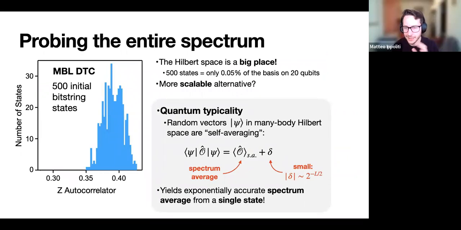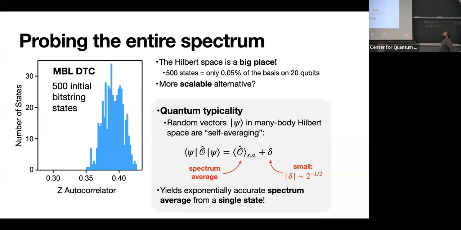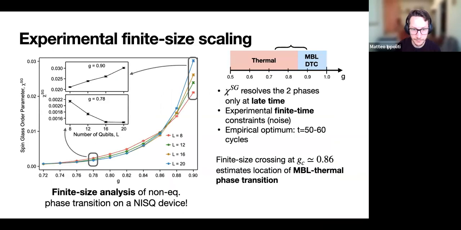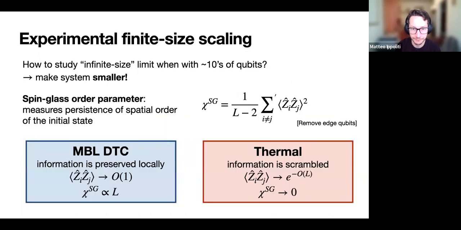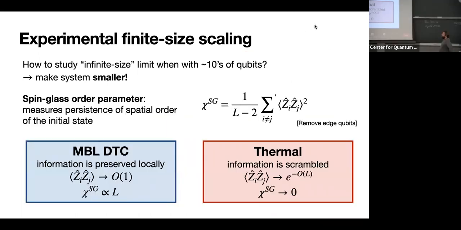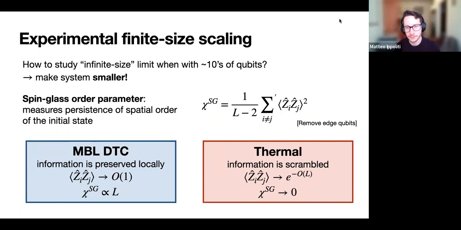I'm sorry, I got part of the question, but I didn't quite get what measurement you're talking about. So when you measure spin glass order, the spin glass, okay, yeah, ZiZj. Because it's equal time, so the trace cyclic properties, the time evolution shouldn't matter. So you said it's best to measure until 50 cycles. Yes. Why so? I see.